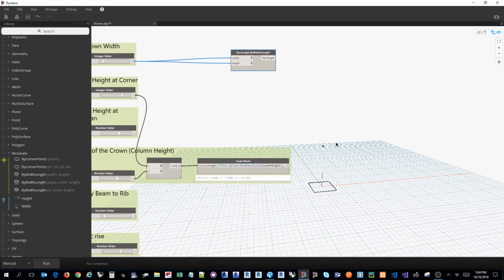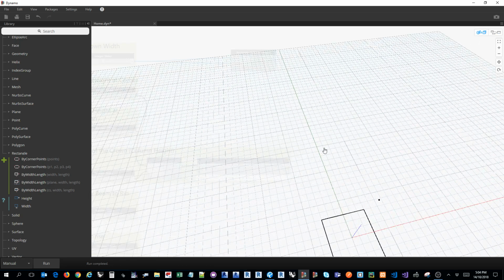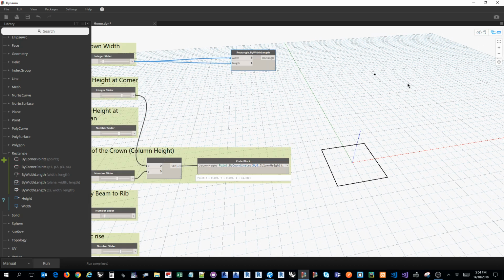And if you look at the rectangle, we see that the way Dynamo creates this rectangle is by using its center. It will be more useful for us if we can define a rectangle by its corner, so we can then extract this point directly instead of having to find the midpoints